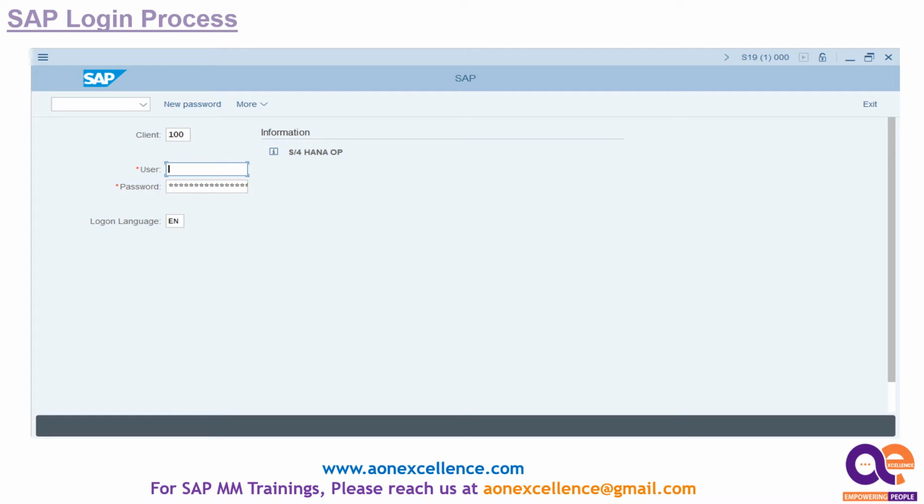So in this you can change the password. You can enter your ID and password, and if you click on new password, the system will ask for the new password and ask for the confirmation of the password. So you can change the password from this screen, but you should know what the existing password is. Only then can you change the password. Next process,